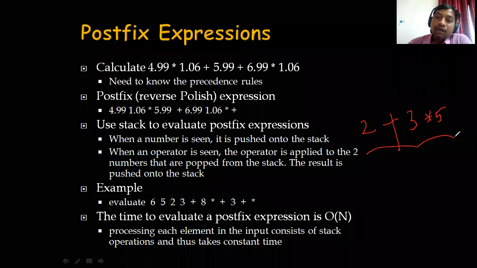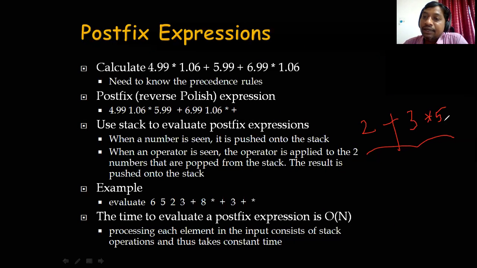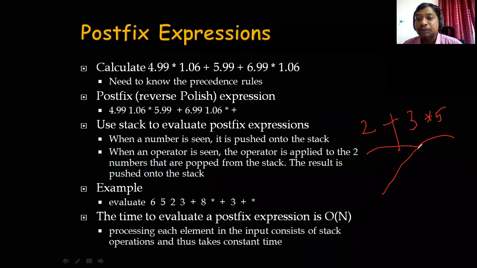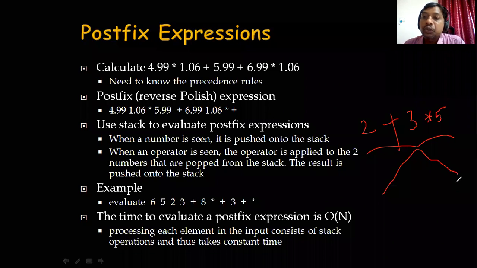Now if you look at this arithmetic expression, it is actually a problematic statement. It is something called an ambiguous statement. Why? Because it has two values. If you interpret this expression, there is a chance of getting two different results or two different values. It can be interpreted in two different ways.